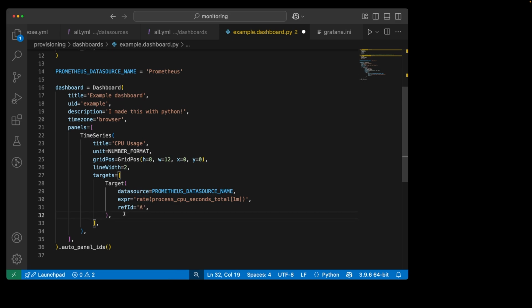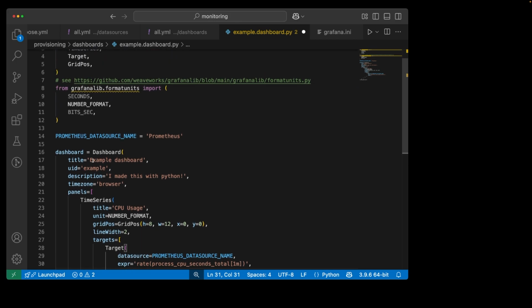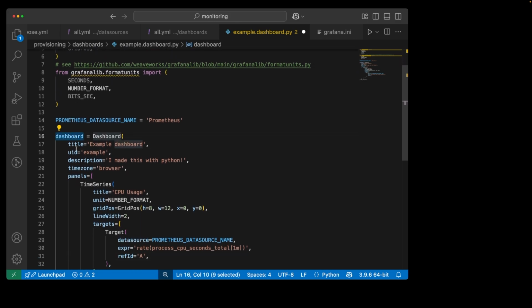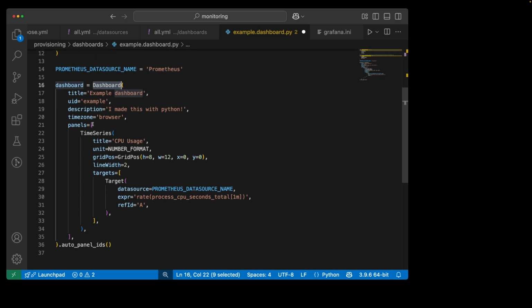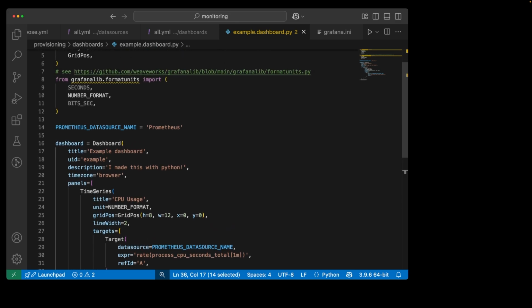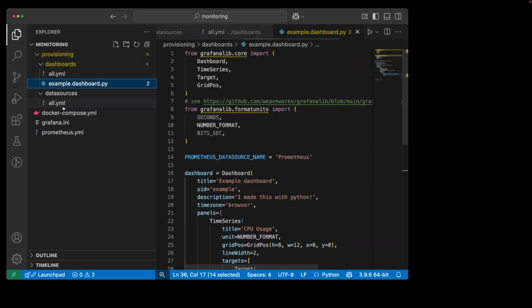And then ref ID, this depends on how many targets you have. So if you have another target in this array, you change this to B, C, and so on. So everything has a unique ID. When you're writing Grafanalib code, it's important to have a single variable called dashboard. This is what the library references to create JSON. And this is usually assigned to a dashboard object like so, and then you call auto panel IDs at the end. So now that we've defined a simple dashboard in Python,